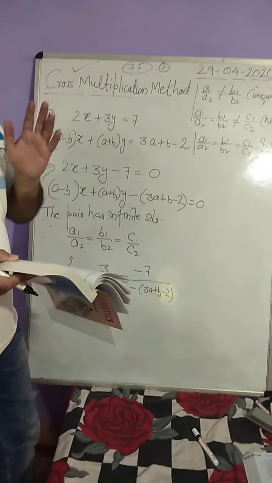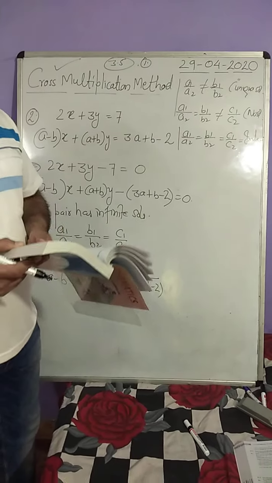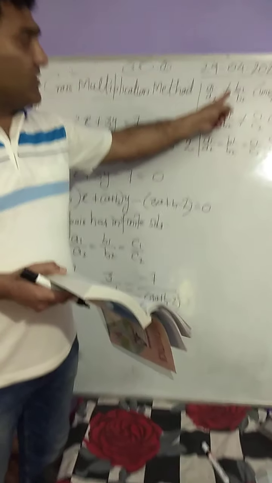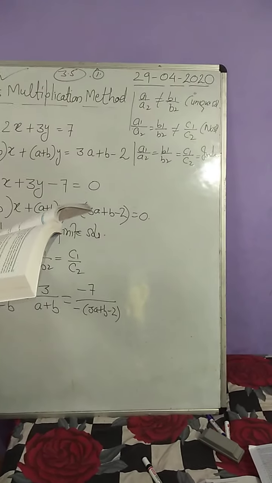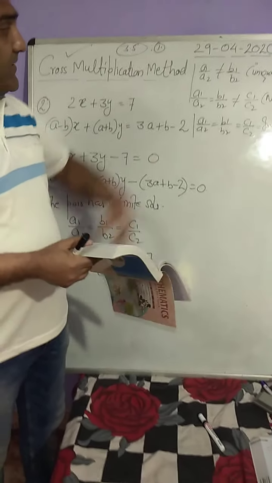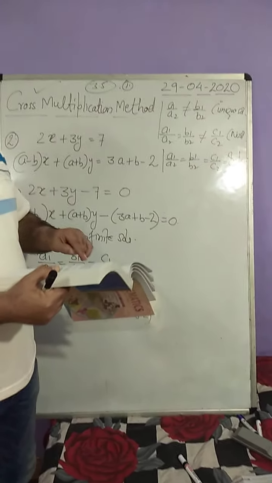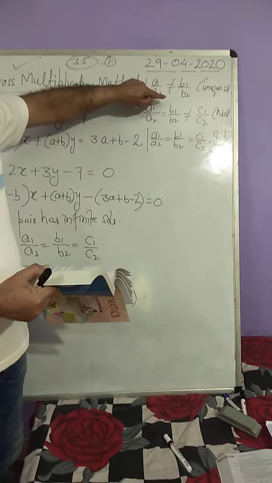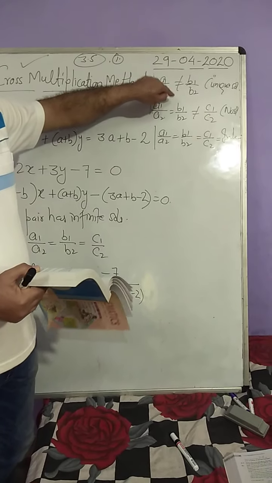In the first question we are given 4 parts. Firstly we are asked to check which type of solution the pair has, and then to find it in case there is a unique solution. If the condition tells us the pair has a unique solution, then find it using the cross multiplication method. This question has 4 parts, right? First of all, by finding the ratios, check which type of solution it has, and if the solution is unique, you will find it by the cross multiplication method. You will do it easily.